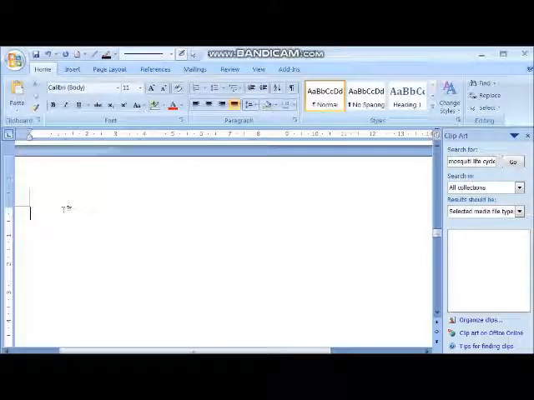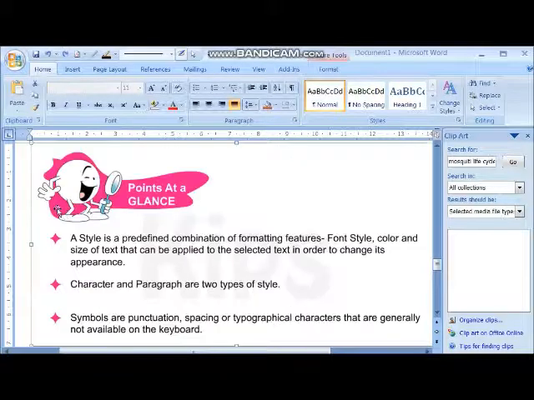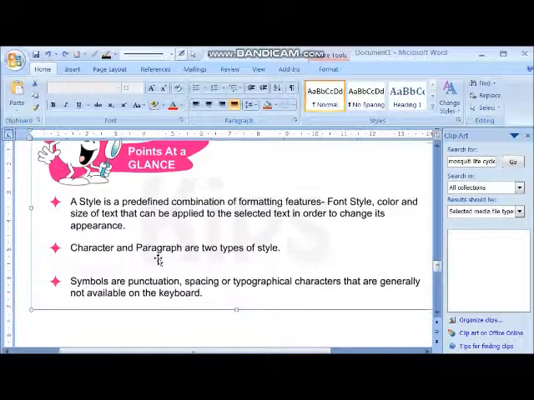This is only this much. Now what is your work? You have to read this lesson. Okay. And what we have learned in this lesson? First we have learned a style is a predefined combination of formatting features. ओके प्री डिफाइंड पहले से बनी हुई है, प्री डिफाइंड कॉम्बिनेशन ऑफ फॉर्मेटिंग फीचर्स. फॉर्मेटिंग एक फॉर्मेटिंग नहीं है, it's a group of formatting. Now what is there in that group? Font style, color, size, okay, then any type of formatting comes under your style. Now there are two types of style, character and paragraph.